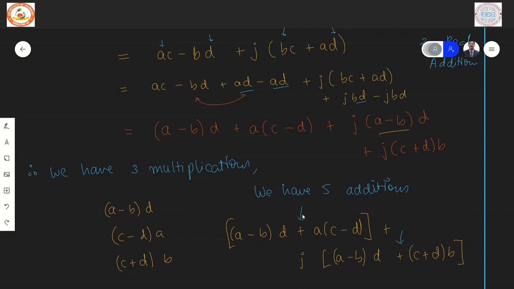Now let us count how many additions do we have. So in this expression already you can see, so this is the first addition, this is the second addition, right? This is the third,